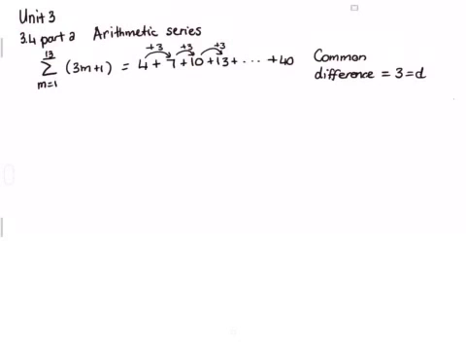Right, let's just first say a few more things, think of a few more words. The fourth term, for instance, you would indicate with a capital T subscript 4. And now if you look at our picture, literally the fourth term is 13. The first term has a specific name. You can call it T1, but we also call it a lowercase a, which in this case is a 4. You need to know your common difference, you need to know your first term, and then n is how many terms, and you will remember that